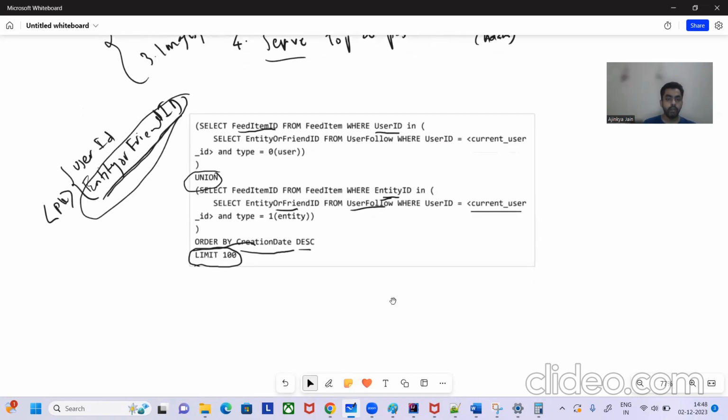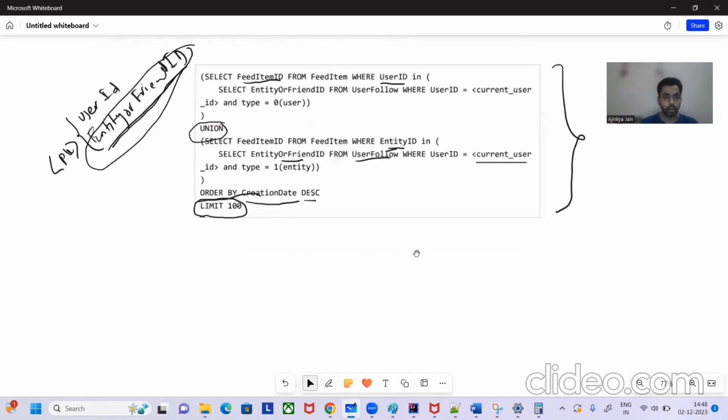But if we hit this query every time the user logs in, or if there's a new feed item made by one of Adam's friends, this will be very slow. And if some user is popular, who has millions of followers, then definitely the performance is going to take a hit. So rather than hitting the database all the time,